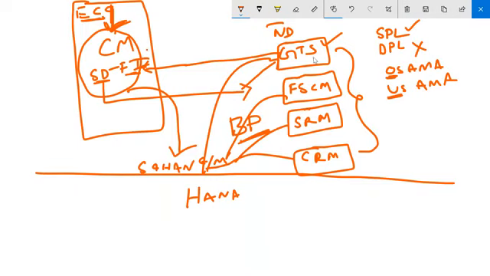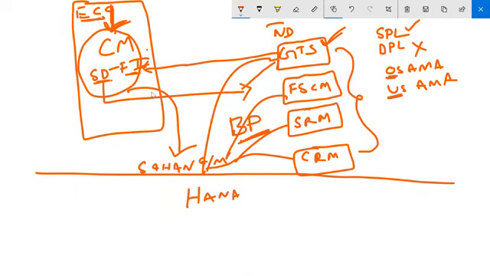Because what is the fundamental of HANA data modeling? No duplicate data. But here what is happening? You are having data redundancy, right? You are creating a customer here, the same data is getting copied here, and you have duplicate data here. So why should you have this duplicate data? That's the reason SAP has removed customer master.